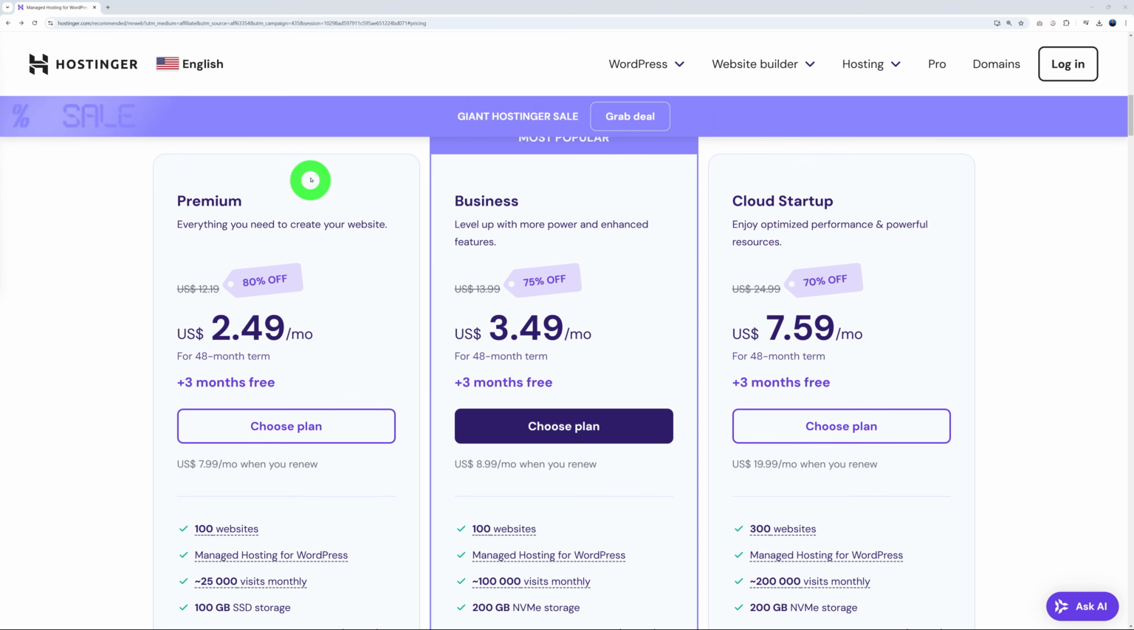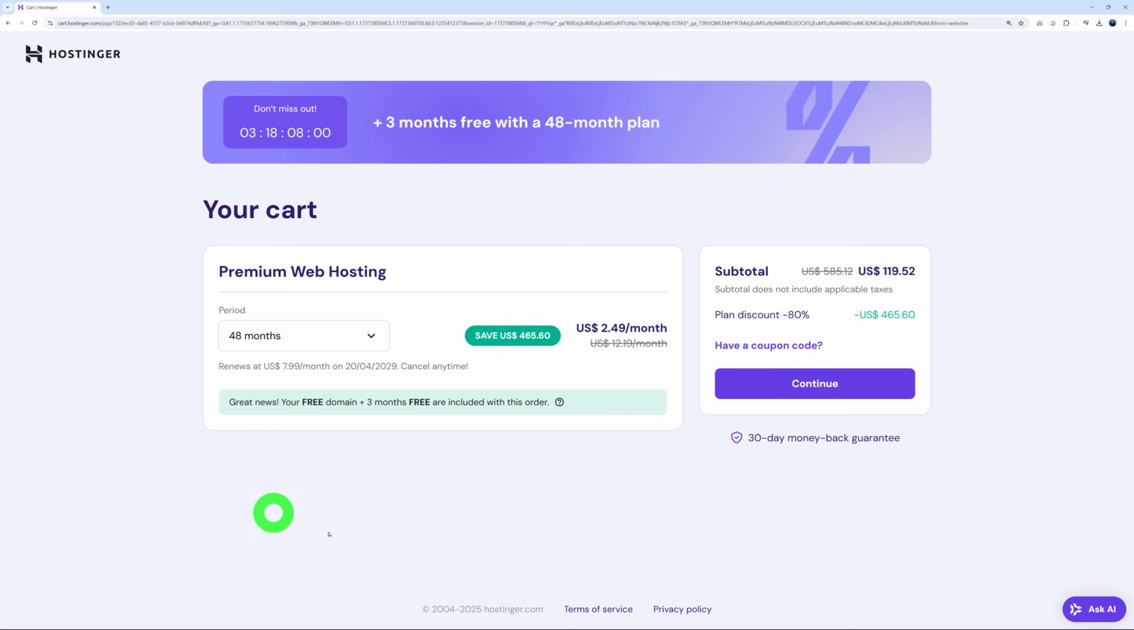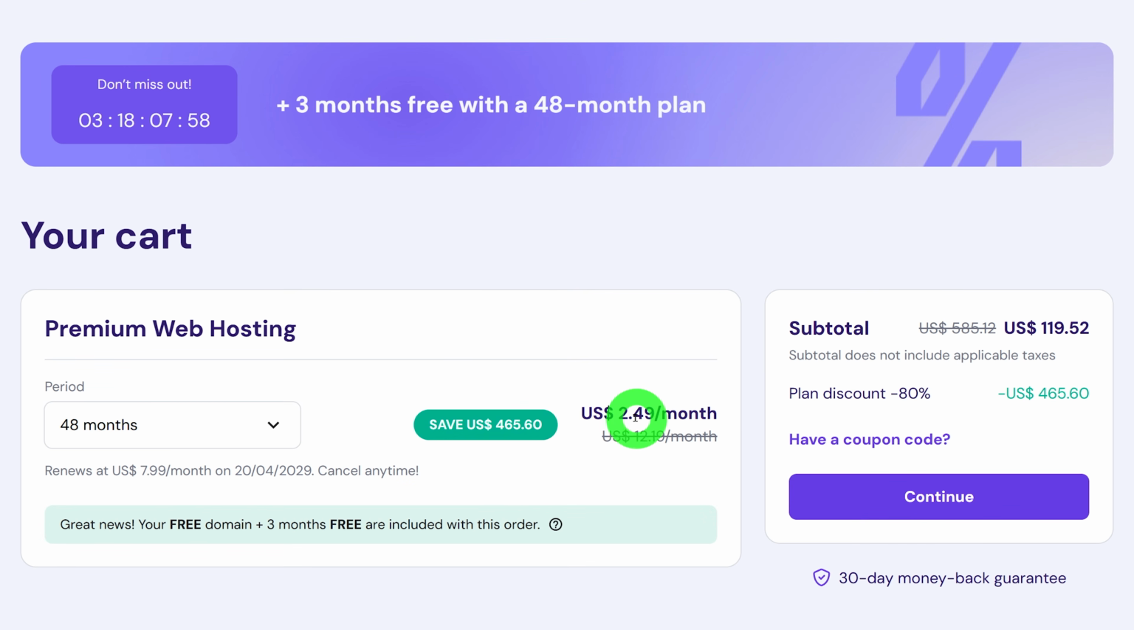Okay, so let's get started with the premium plan. So choose plan. And now here you need to select your billing cycle. As you can see, you can lock in that price for the next 48 months. So that means for the next 4 years, you'll only pay $2.49 per month instead of $12.19. So that means that you make a huge saving of